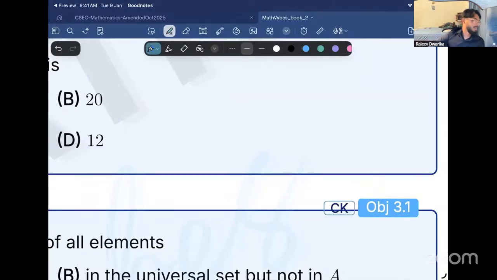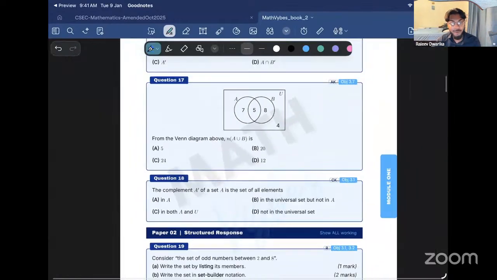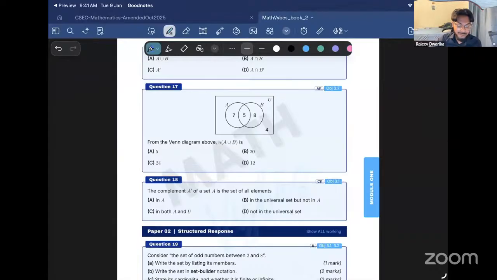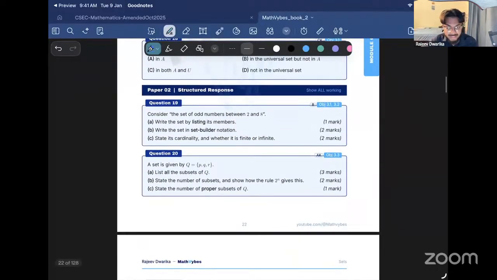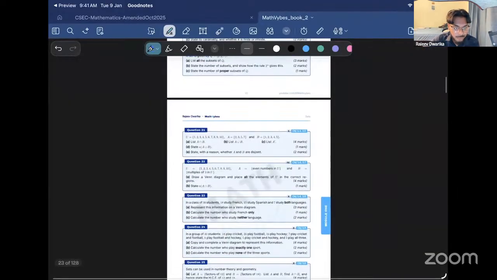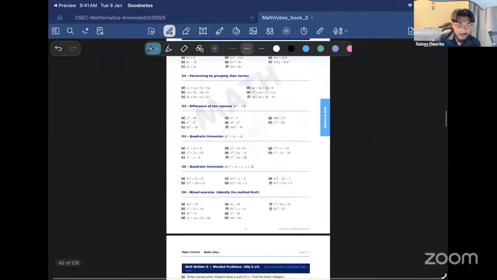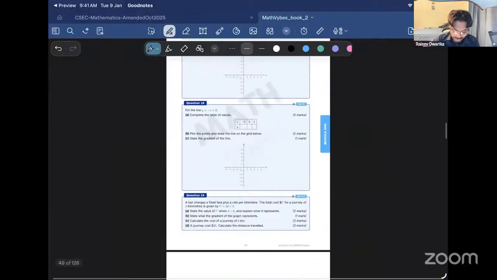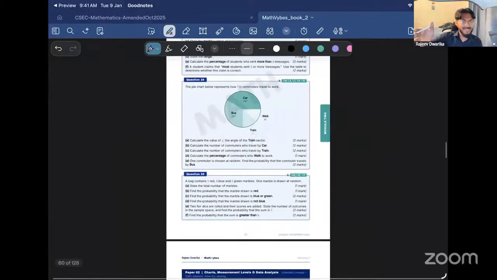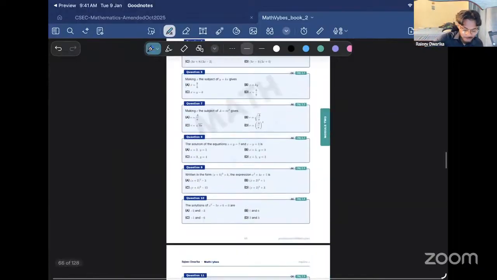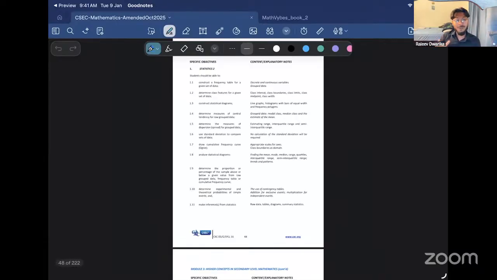Alright, so yeah guys, this is the project I've been working on. I'm currently making a math workbook based heavily on the syllabus, where each objective is highlighted. It's currently a work in progress. I reached module 3. As soon as I'm done, I will of course distribute it to my students, which is you guys. So the main thing I want to focus on today is the